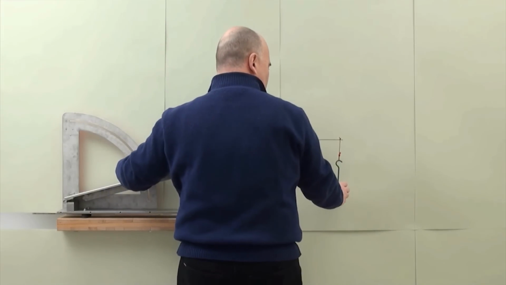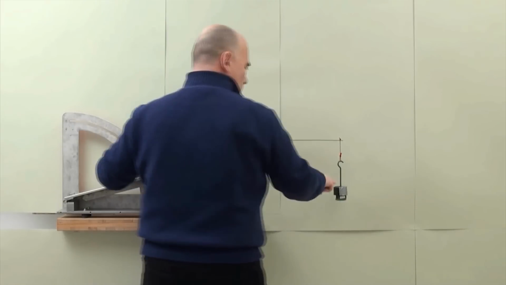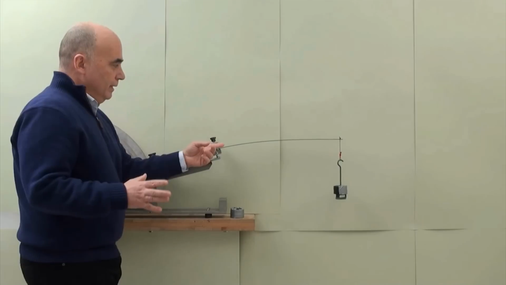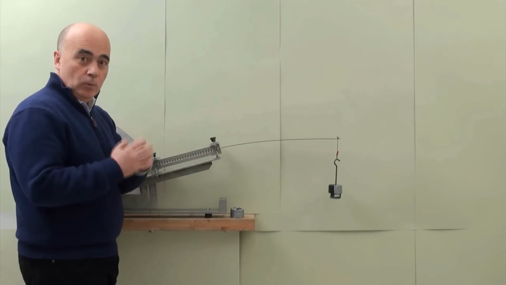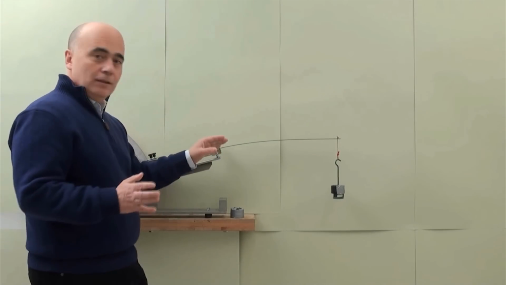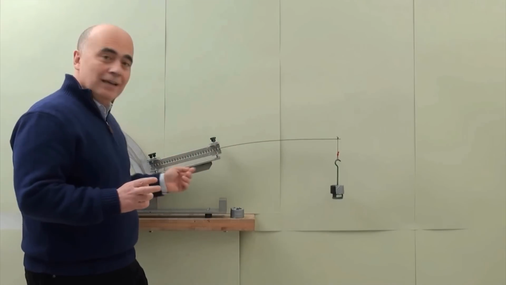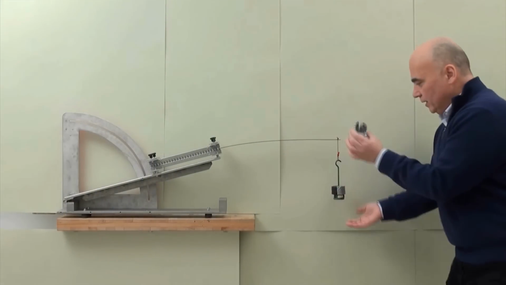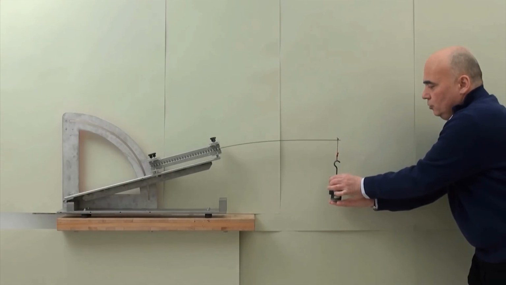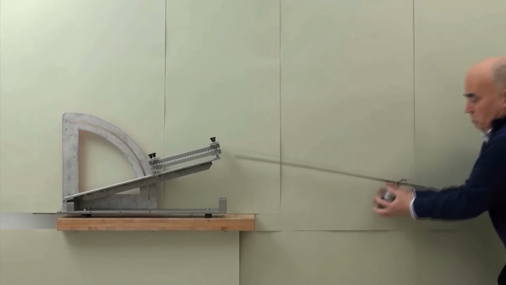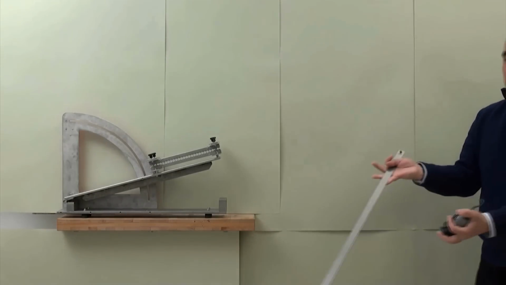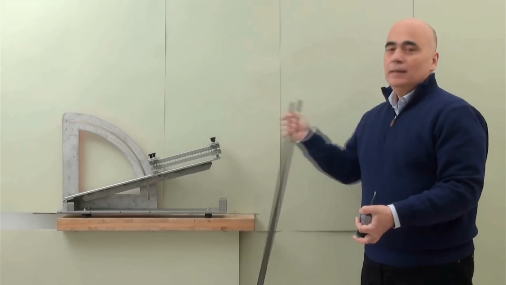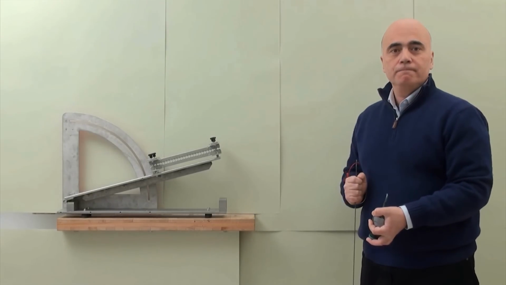And if I increase this load, then the configurational force here will be higher, and therefore the equilibrium will not be possible, and the elastic rod will be spit from the sliding sleeve in a way that I show you in a moment. If I increase the load here, you will see that the equilibrium is impossible and the configurational force is so high that the elastic rod is spit.